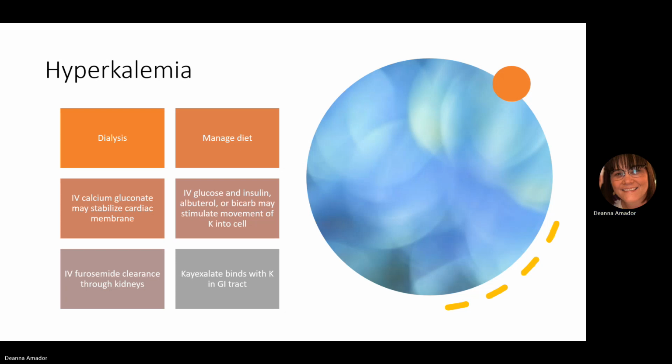We talked about stabilizing the cardiac membrane using calcium gluconate or calcium chloride. Anytime your potassium level is too high, or even too low, but in this case too high, it makes the heart very irritable. They can go into these lethal dysrhythmias. So calcium calms the heart. We would then give the IV glucose and then IV insulin to try to bring down the potassium level. A lot of times they'll do an albuterol breathing treatment. We talked about bicarb, anything to help move the potassium into the cell. We said that IV furosemide, if they're still voiding, could help clear potassium out through the kidneys and into the urine. And K-oxalate, or the polystyrene,